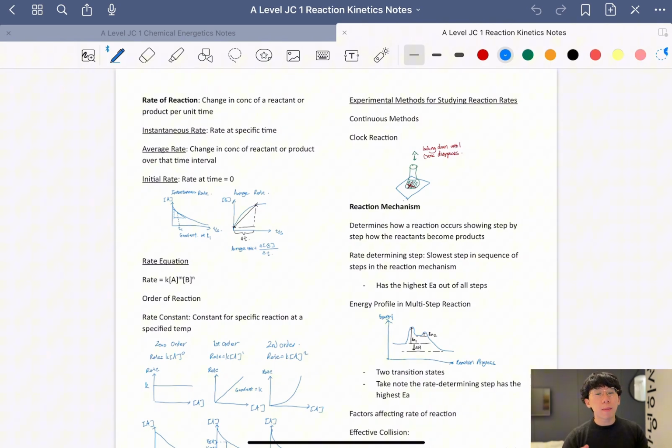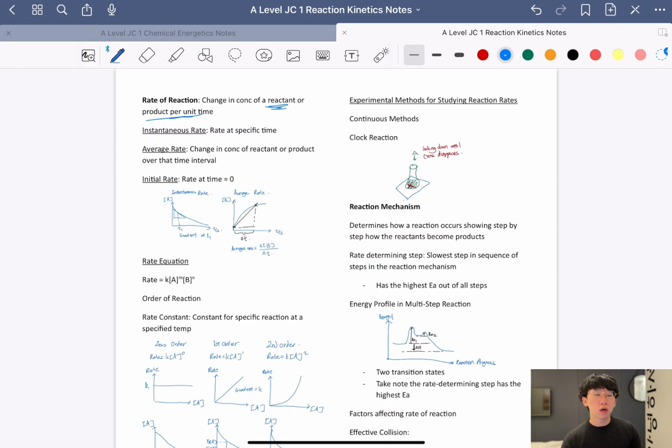Well, the way we measure the rate of reaction is to understand that it is a change in concentration of either a reactant or a product per unit time. So it's important for the question to standardize this, and you also have to standardize your answers according to the context of the question. Now, when we deal with rates, there are many different kinds of rates,